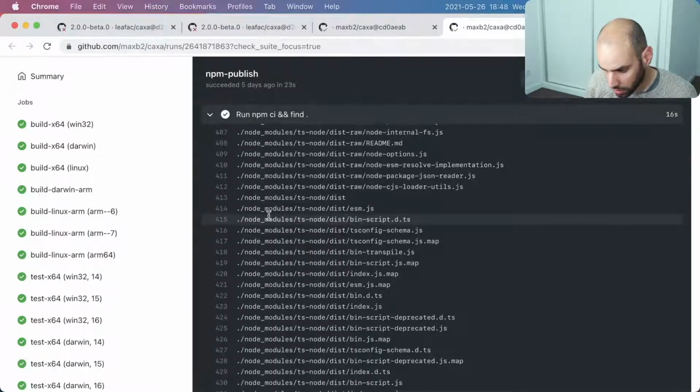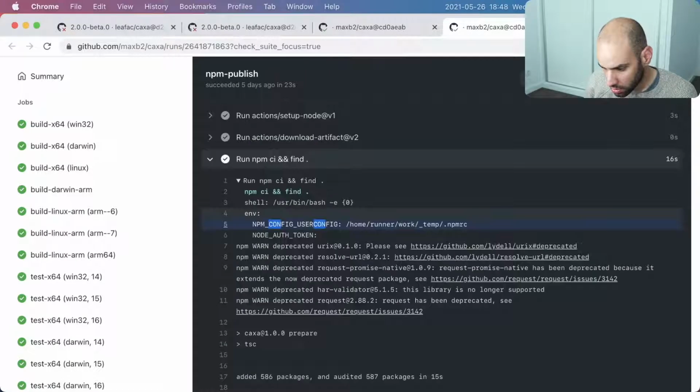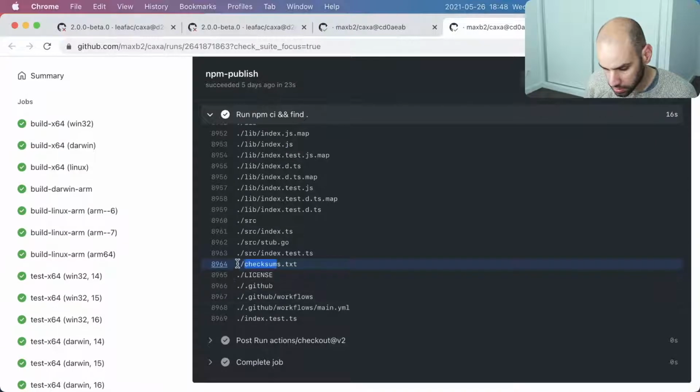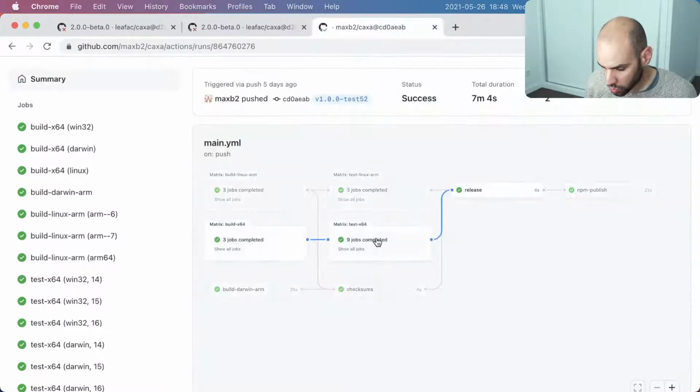And this is a long output. So I'll search for checksums txt. So the file is there, and I suppose it will be published when we say npm publish. So yeah, that's the part I wanted to make sure, that this checksums file was there. Also, I think it's worth looking at the result of the tests.